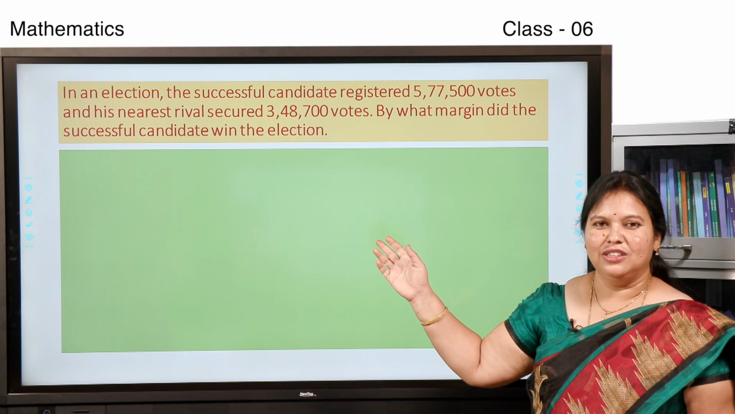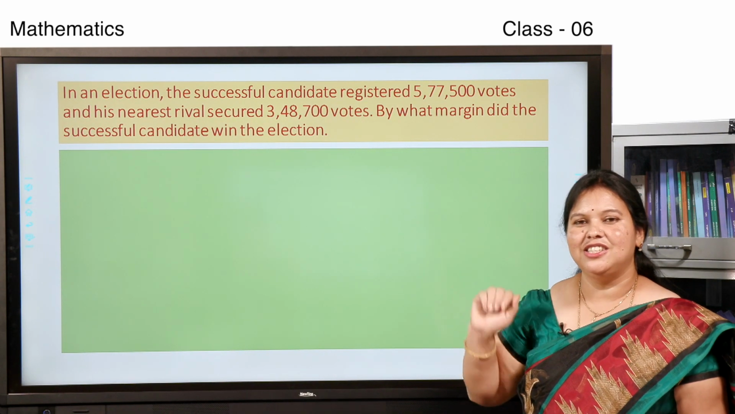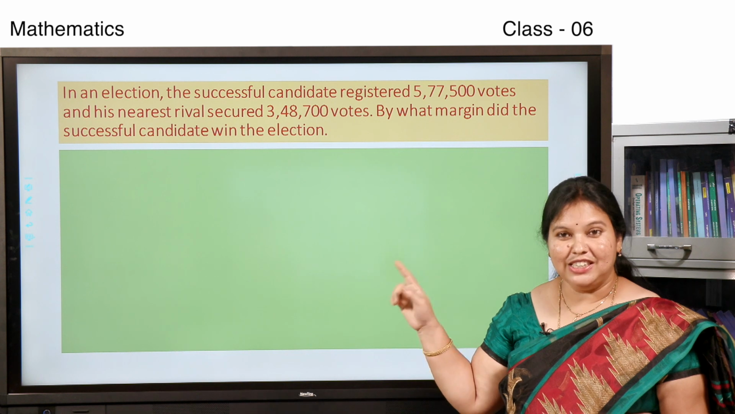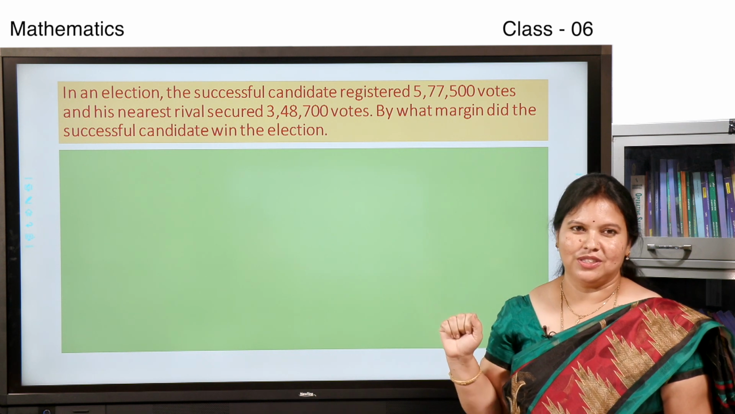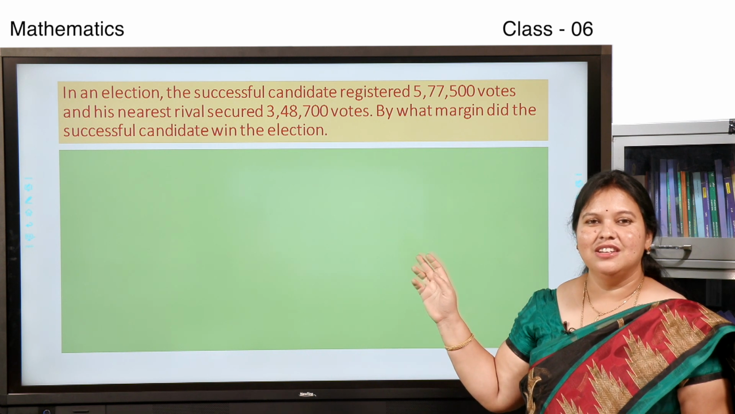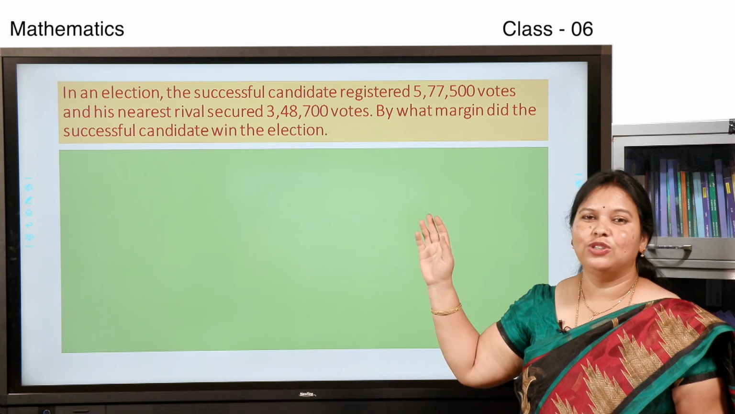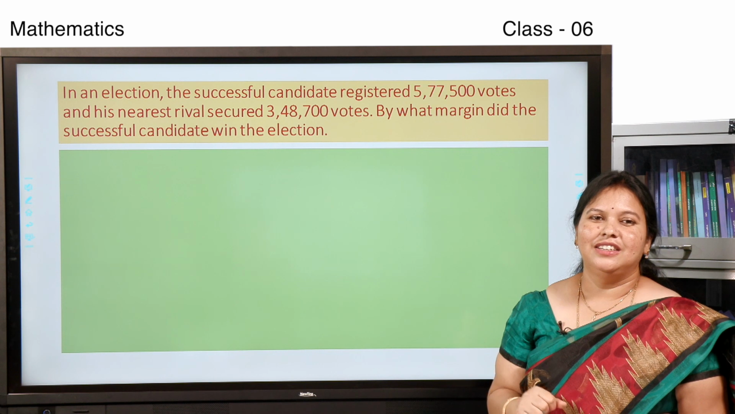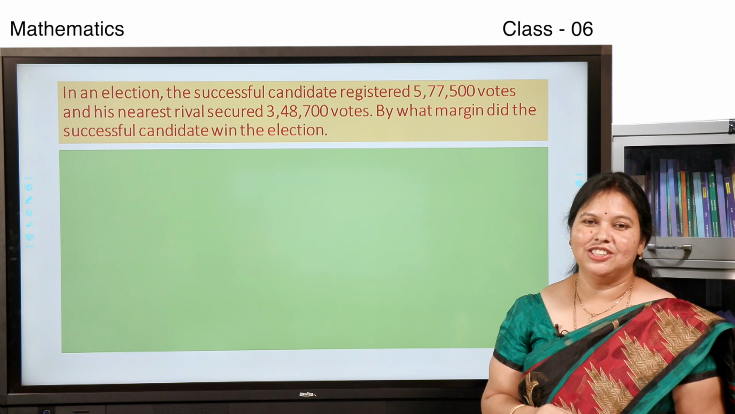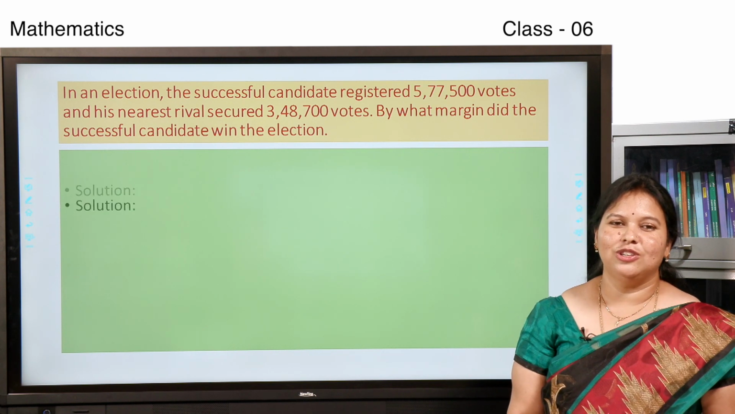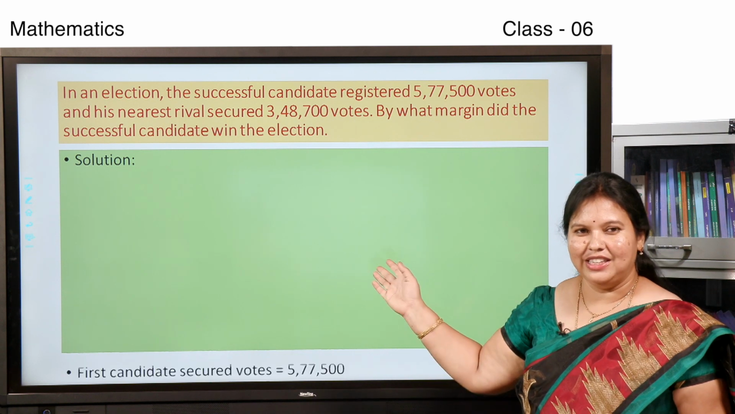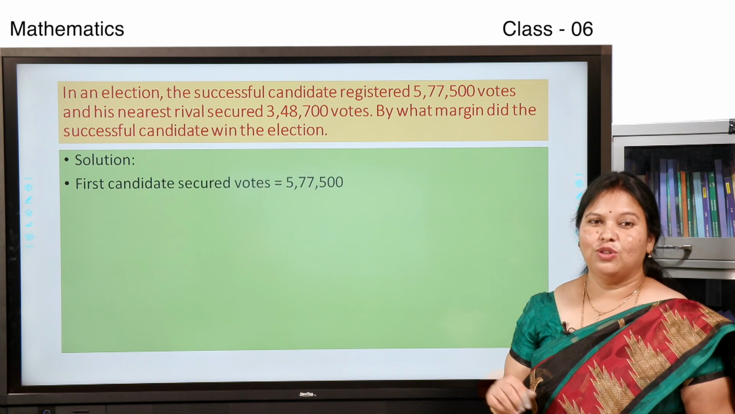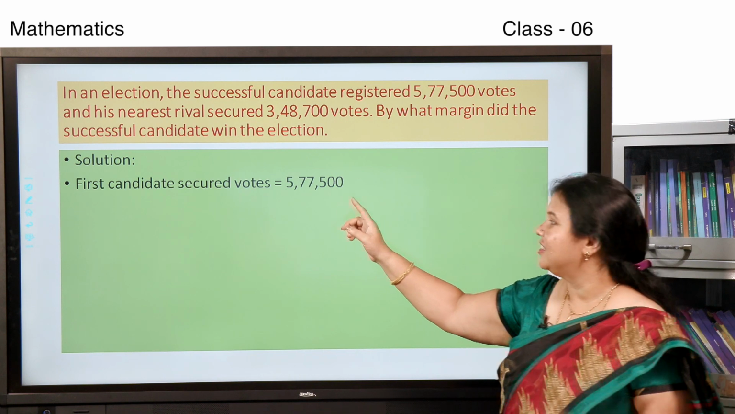In an election, the successful candidate registered 5,77,500 votes and his nearest rival secured 3,48,700 votes. By what margin did the successful candidate win the election? To find the solution, first we have to write the given data. So, first candidate secured votes is equal to